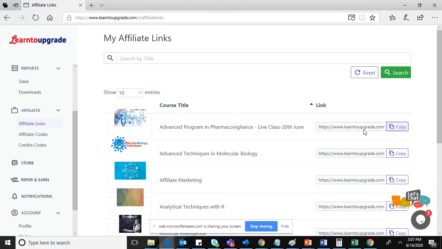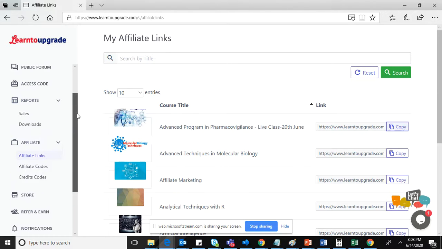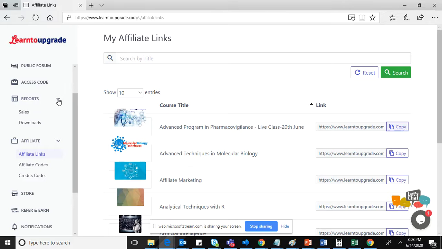It's a long URL. If you want, you can go to Google, where there are websites which can shorten the URL. You can use that. You can copy this and circulate it, on WhatsApp or whatever means you want to promote it. Once somebody goes and purchases, how will you find out? This is where you have to go.